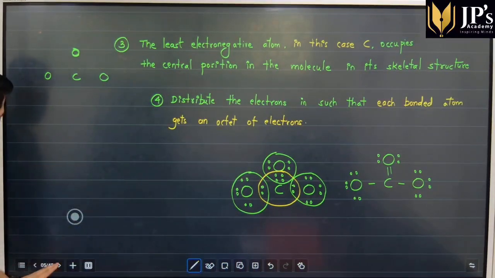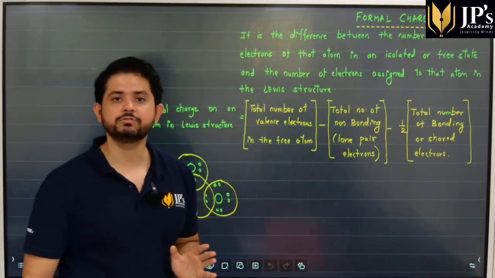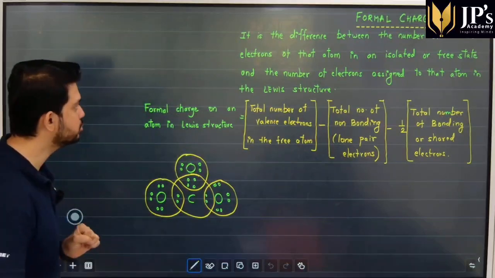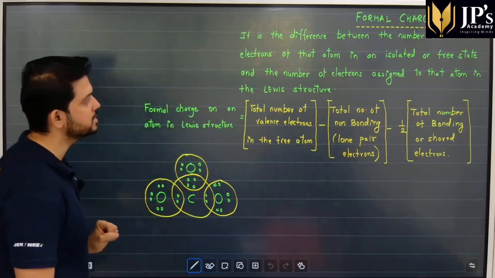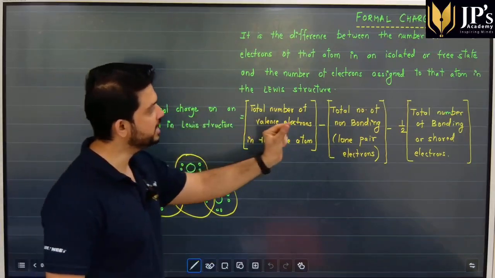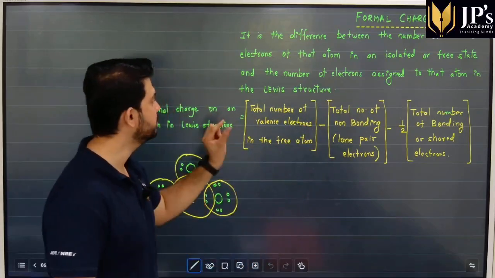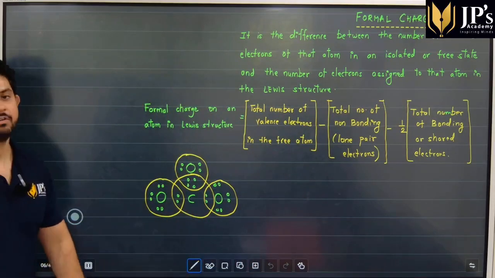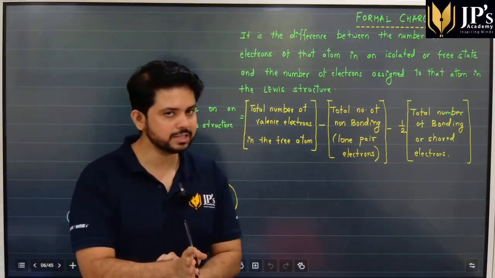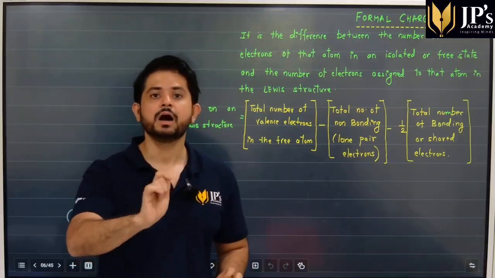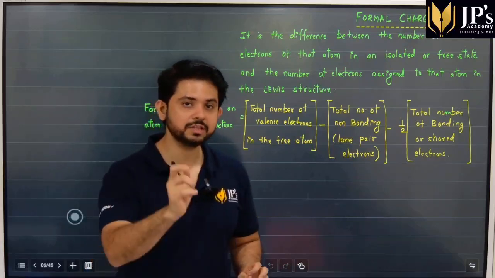Students, once you draw the Lewis structure, next important point जो हमें याद रखना है is that we calculate something called as formal charge. Formal charge का मतलब क्या होता है, students? It is the difference between the number of valence electrons of that atom in an isolated or in a free state and the number of electrons assigned to that atom in its Lewis structure. Formal charge calculate करने का एक simple सा formula है, students. Total number of valence electrons in the atom, subtract the number of non-bonding electrons in that atom, and again subtract half the number of